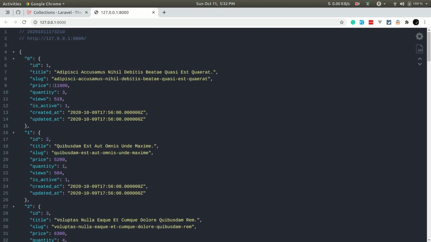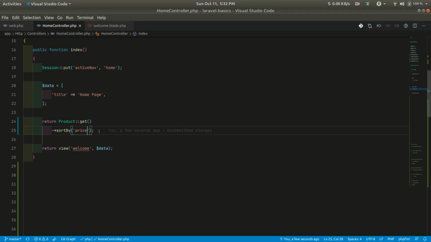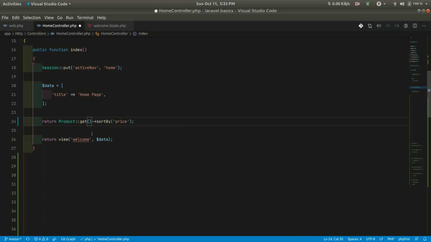You can see here the data is not sorted because this price is higher than this price. That is because by default when we return JSON, this extension I have installed sorts by these keys. So that's why it is showing this error. This is not a problem with Laravel but a problem with my extension. So if I wrap this in a dd,